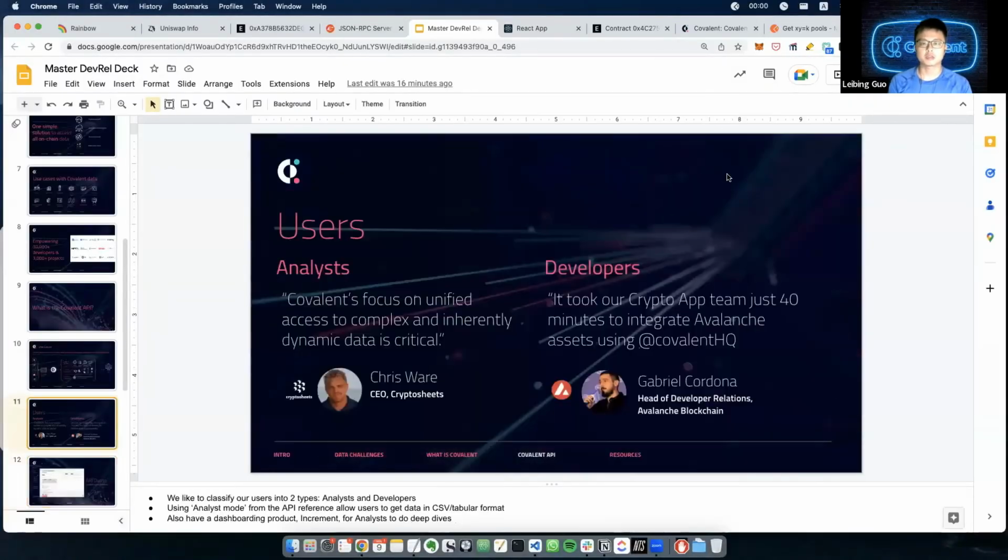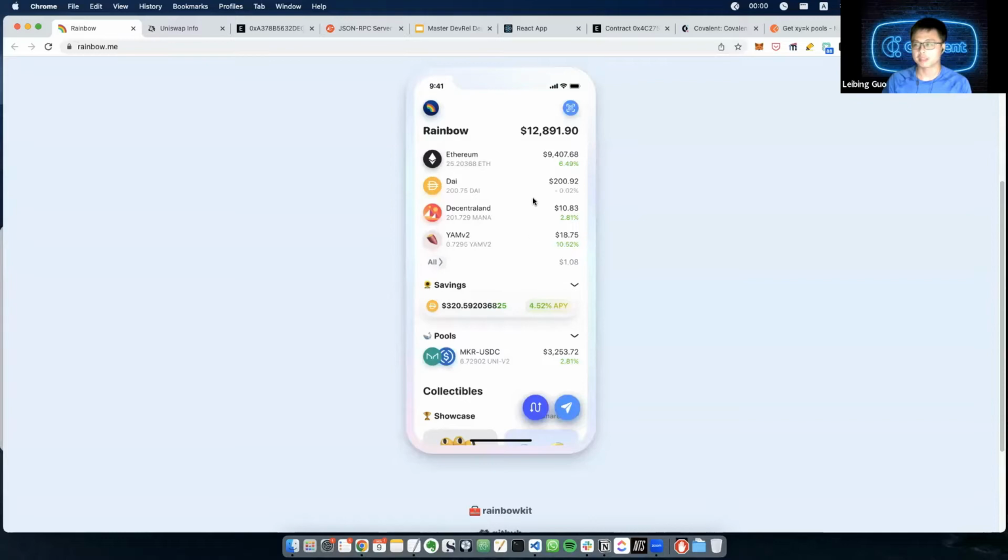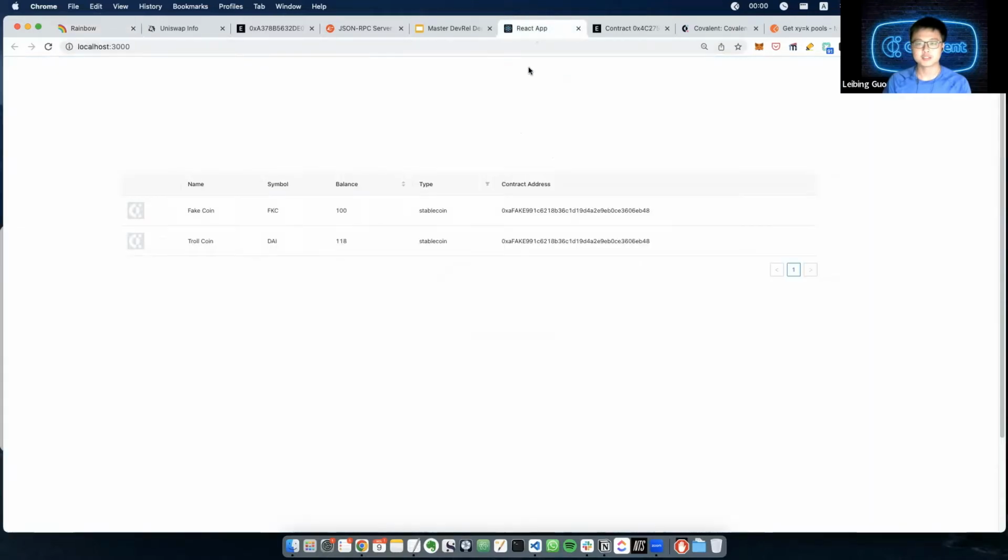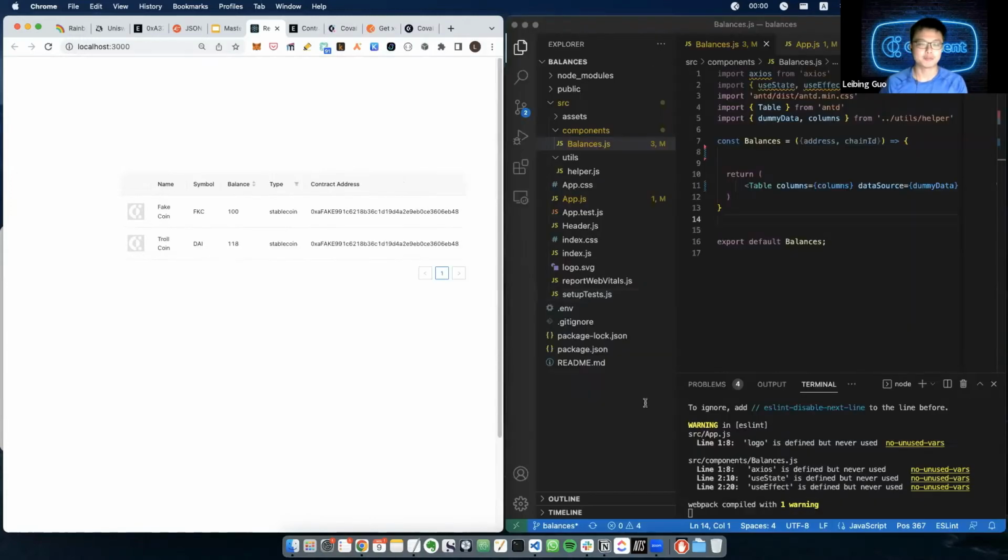Now, that's a rough overview of what the service provides. Let me give you a quick demo of how you can build something like this very quickly using the API. Of course, I don't have a UX UI team behind me that can help me build this beautiful UI. So I'm just going to build a table here. This is actually powered by Ant Design. And if you know React, it's a very simple React component